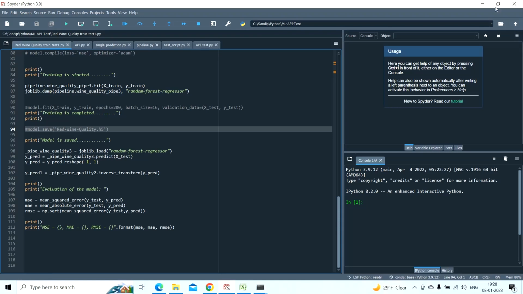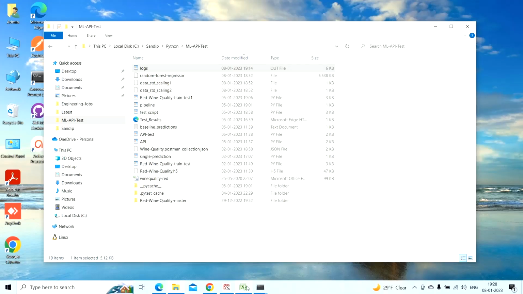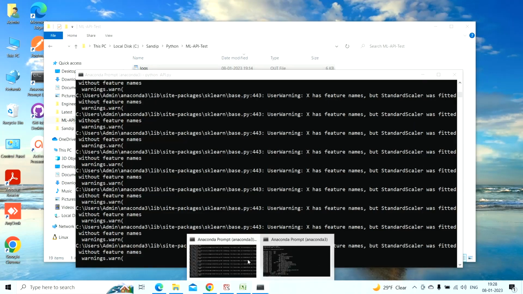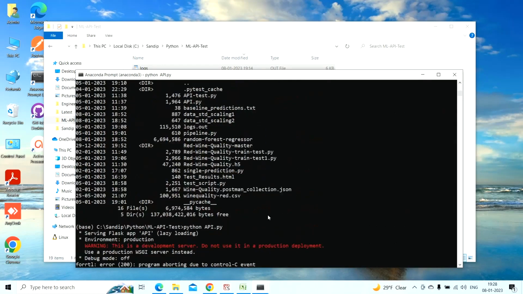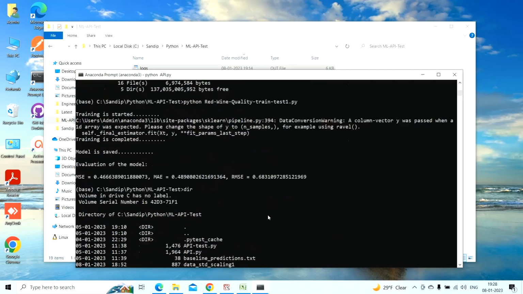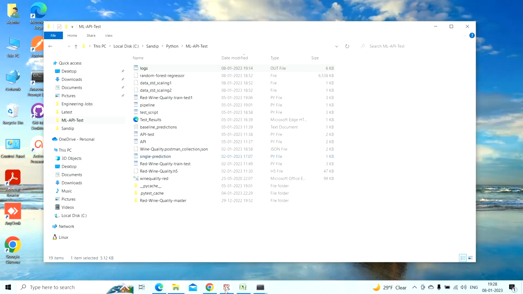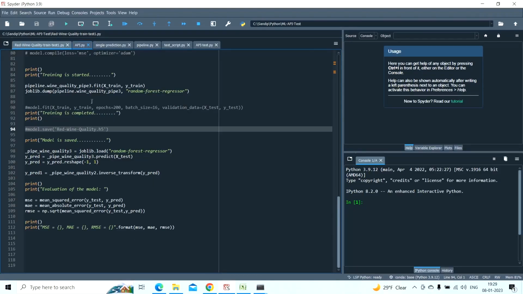And so if we run this script, then you can see it does the evaluation of the model, and you see all these values: MSE, mean square error, mean absolute error, root mean square error. All these values are quite good, so it's a good model. And now the next thing is to